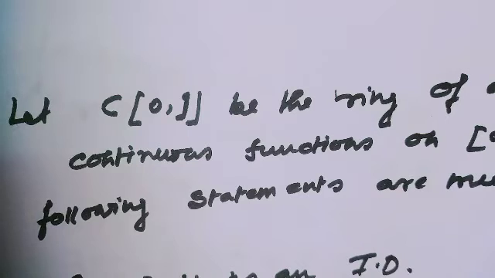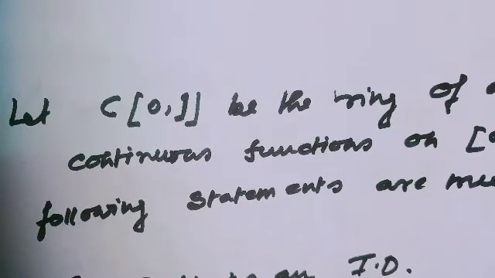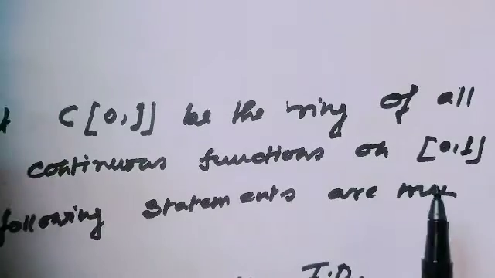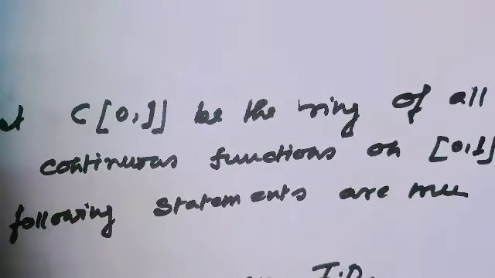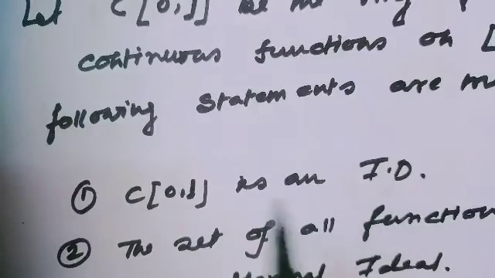Now let's see another example which came in the CSIR NET June 2015 exam. This is an easy type of question because we have discussed this type of question elaborately in my earlier video. Just recall this question once more. The question is: let C[0,1] be the ring of all real valued continuous functions on the set [0,1]. Then which of the following statements are true? Option 1: C[0,1] is an integral domain. We all know this